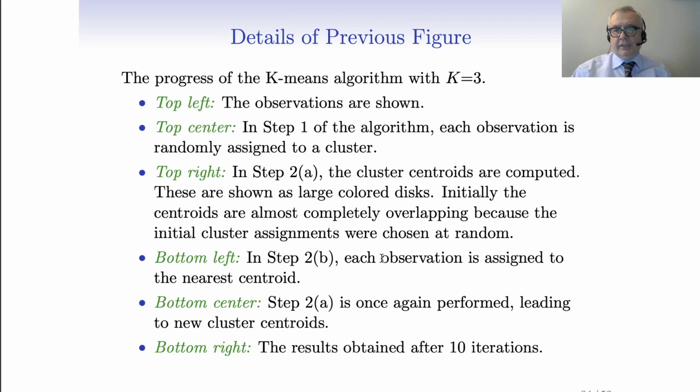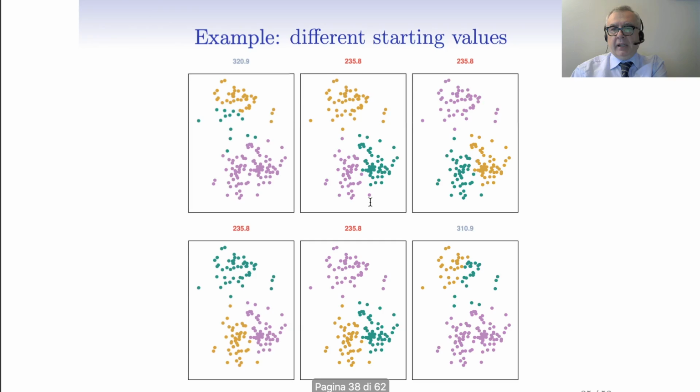And here, this is the explanation, but I think that I can skip now. And this is the effect of different starting values. This is about the fact that you cannot guarantee that you're going to find a global minimum. So the algorithm was initialized several times, 6 times, and these are the results. And you can see that here is the cost function, and the cost function was minimized in these 4 cases. And in these 4 cases, you see that actually you just have the same result. But there are 2 cases, this one and this one, where the algorithm stopped with a different configuration,